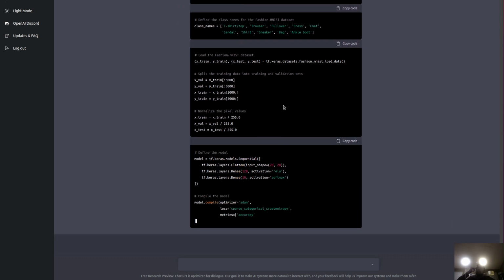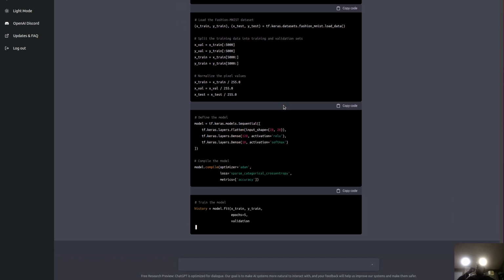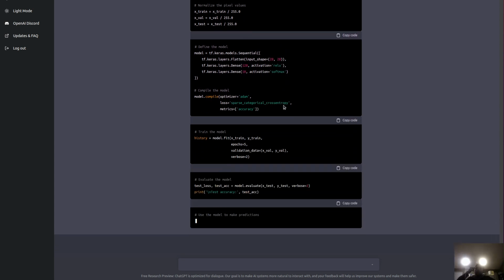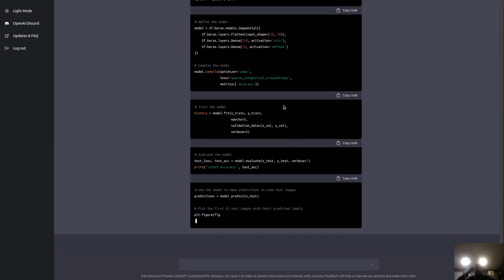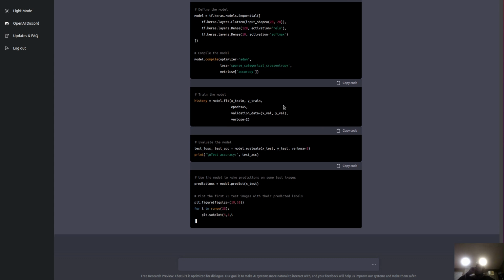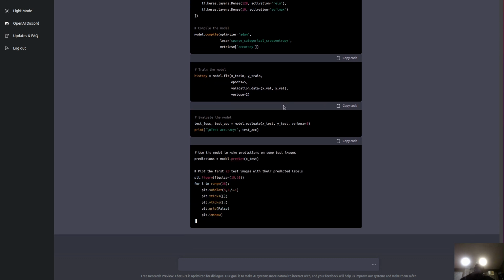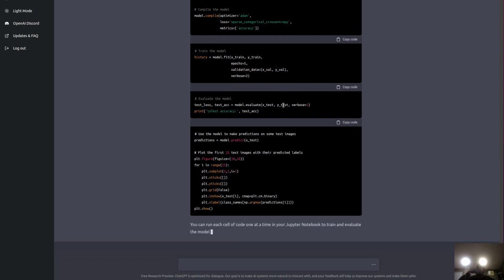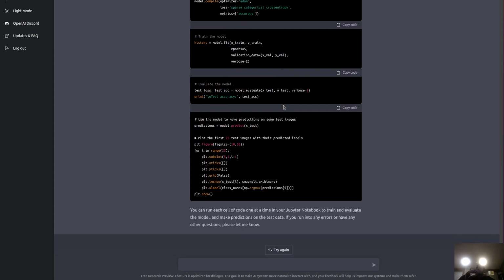Yeah, it seems like that same model. Yep, fit epoch got the validation in there like before, verbose 2. Evaluating on the test data, verbose 2 with that, printing the accuracy. Gets the predictions. You can run each cell, X ticks, Y ticks. Then it's got the class names.